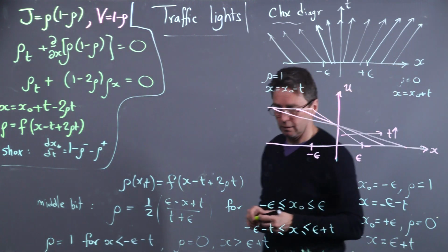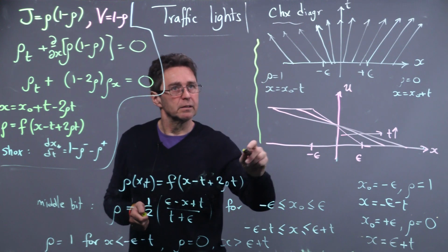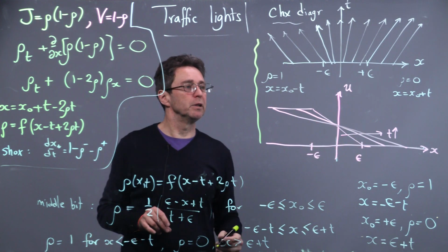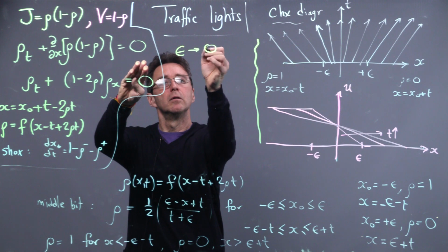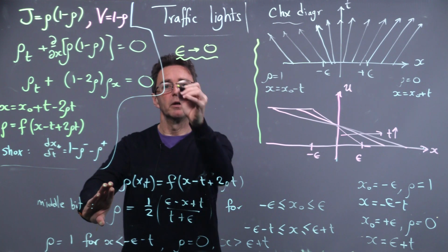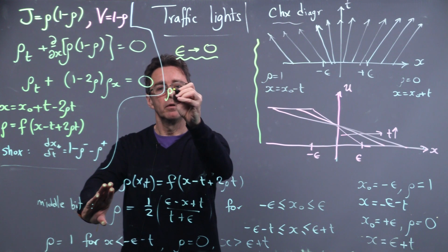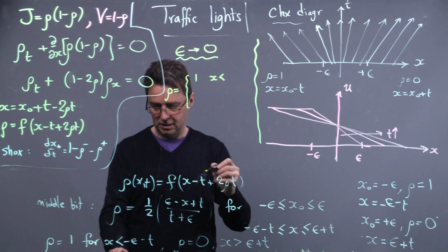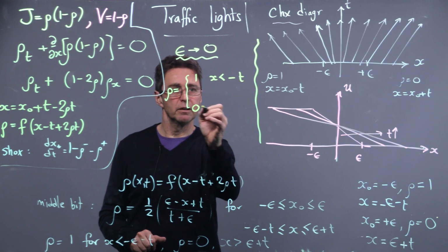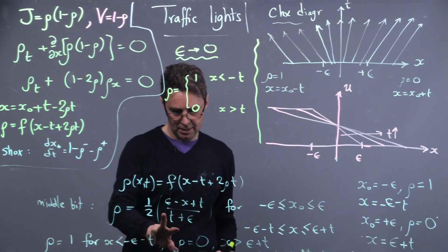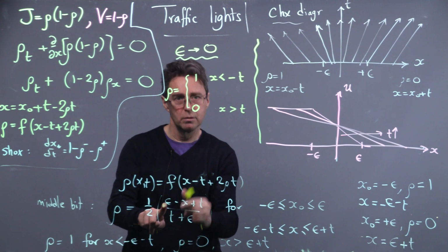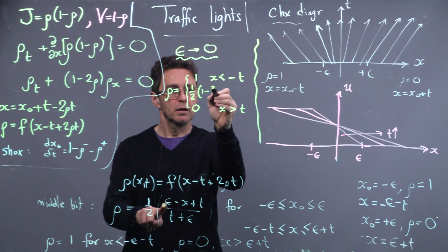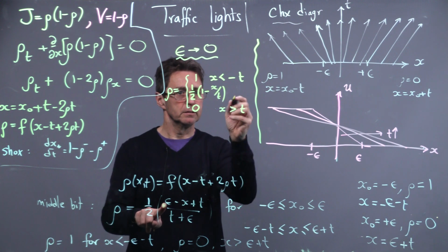So coming back over here, now let's perform the exercise that I mentioned before. What we're really interested in is the limit where this thing comes together, and we had a step to begin with. If I come down here, what that means is that my rho is equal to 1 if x is less than minus t. It's 0 if x is bigger than t. And looking at this, if I throw away the epsilon, I get 1/2 (1 minus x over t). So this is when